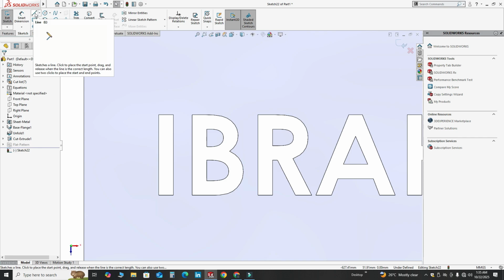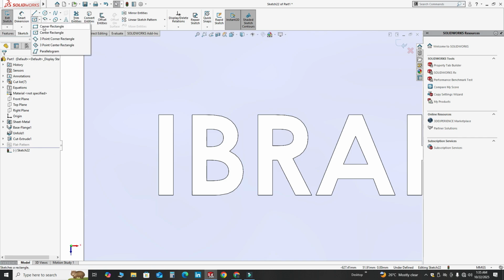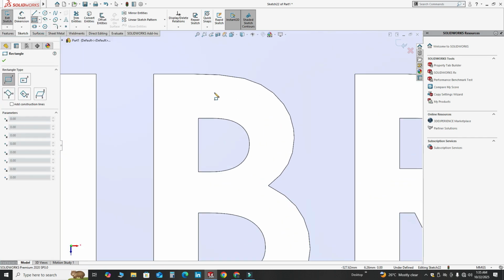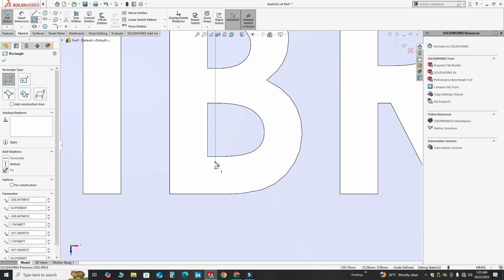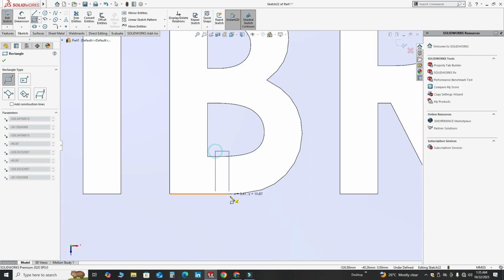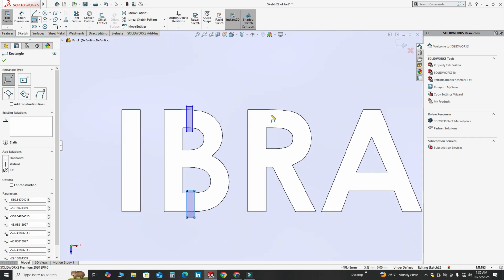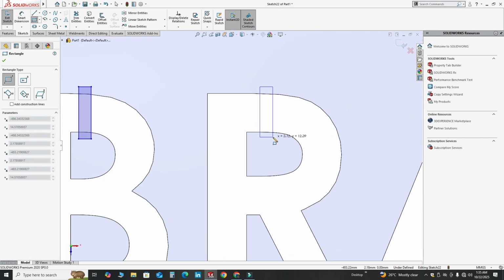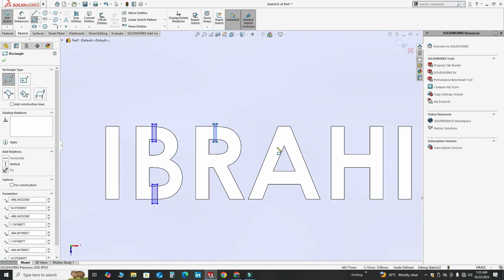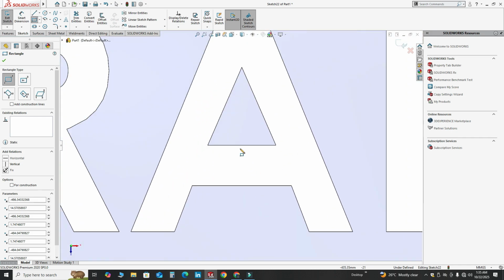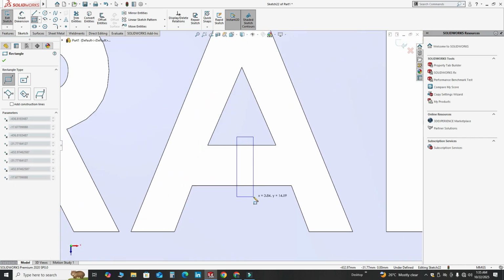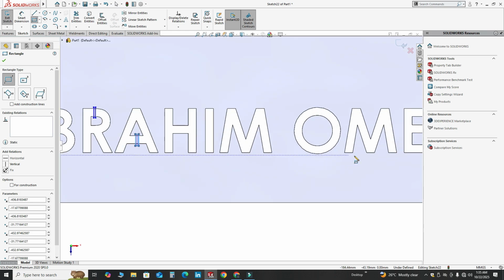So for this, I will use maybe corner rectangle, and I will make one rectangle like this. Similarly, I will make one rectangle like this, and then I will create one small rectangle like this, and let's say I will make one rectangle like this.